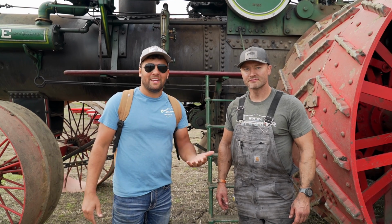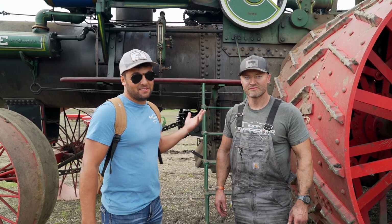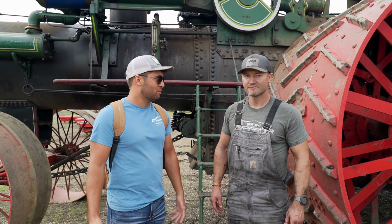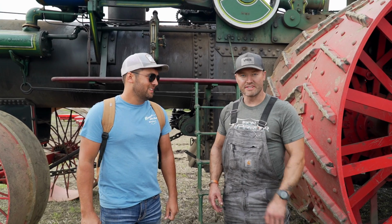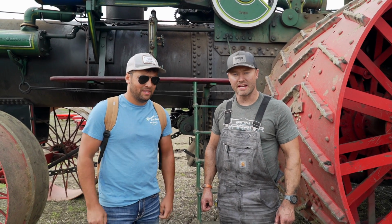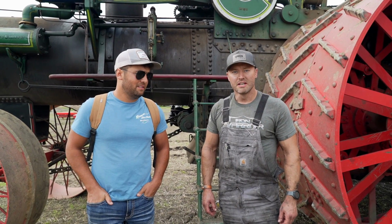So today we're here in Andover, South Dakota, and we're with Kory Anderson. He's the man who built this 150 horse Case steam engine. Do you want to give us a little rundown of what it is? Yeah, so this is the 150 Case Road Locomotive. This was originally built in 1905. The Case company built 9 of these, and none of them exist, they all didn't pass the test of